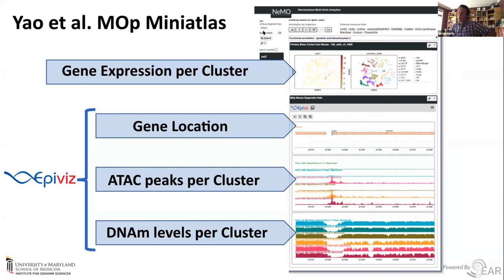And when you type in a gene, what you see is where that gene is highlighted in this established t-SNE. And again, this is using that clustering exactly from the paper, and their cell type designation. So very quickly you can see where your gene of interest is expressed and what cell types are expressing it.